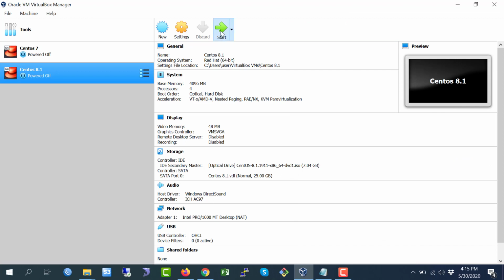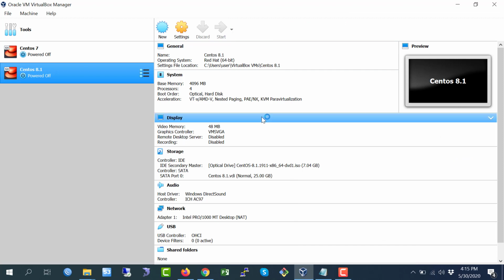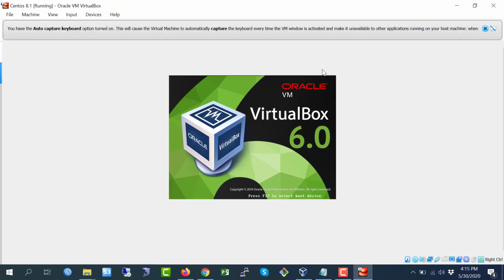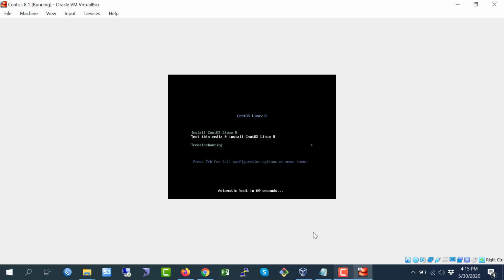Just going to start. Okay, here two options are there. One is install CentOS Linux 8, another is test the media, then install CentOS 8. I am going to test the media.